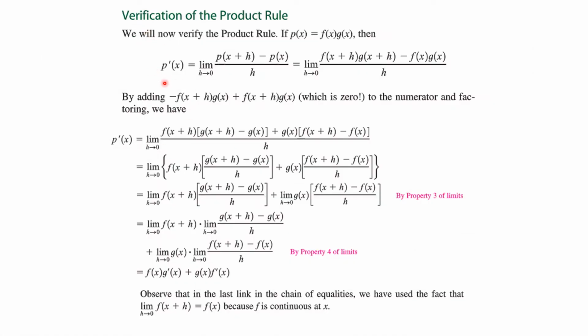Here's the proof of it. If we say p of x is f of x times g of x, we're going to use the definition of the derivative again. So p prime is equal to the limit as h goes to 0 of p of x plus h minus p of x all over h. We substitute that in, now as f of x times g of x, and we get this. Now we're going to do that great math technique of adding 0 in a clever way. This is actually adding 0 to the numerator, and factoring and rearranging things. And when we do that, we're going to get this expression,